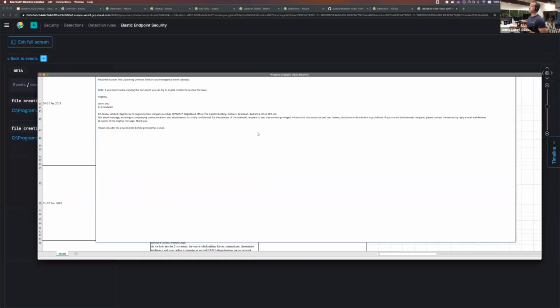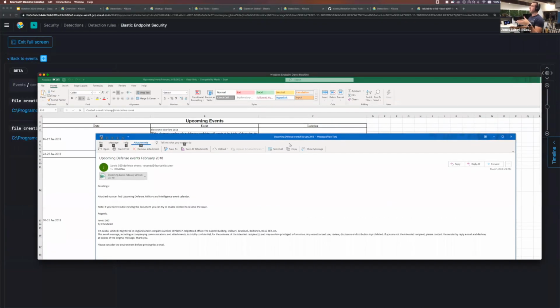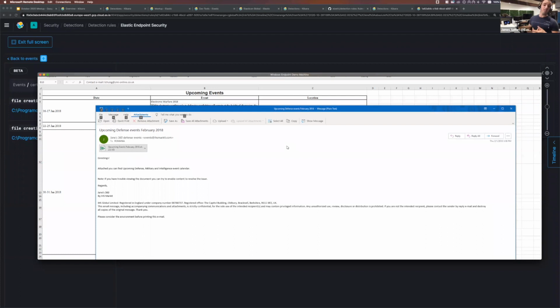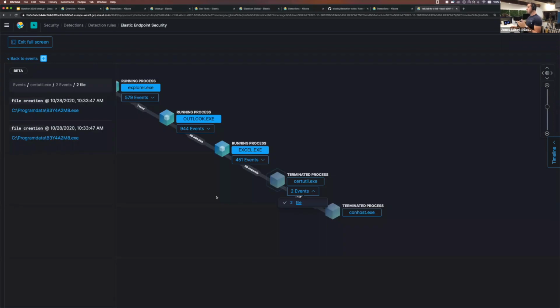This is what this campaign looked like. It's based off of APT28, if any of you are familiar. So there was this Excel sheet which contained a ton of macros, which did a bunch of malicious stuff. So I detonated this for this presentation. And this is what we ended up with. In actual fact, the malware didn't run in full because there were some things preventing it, something else on the endpoint, but we were able to detect that malware.